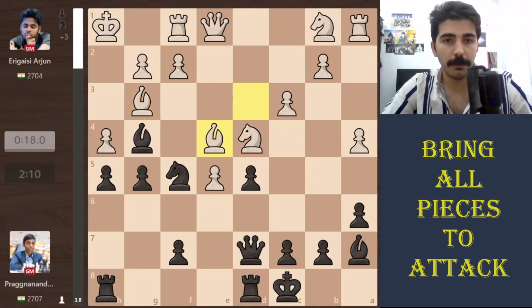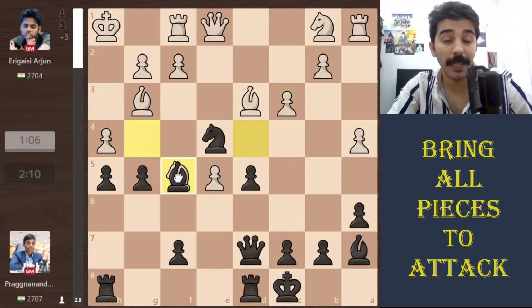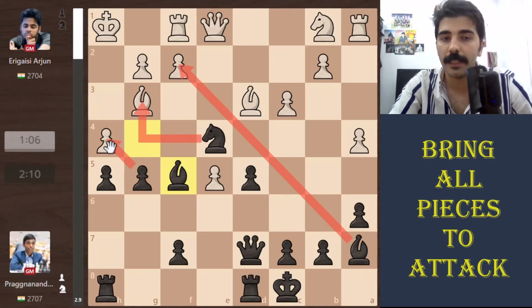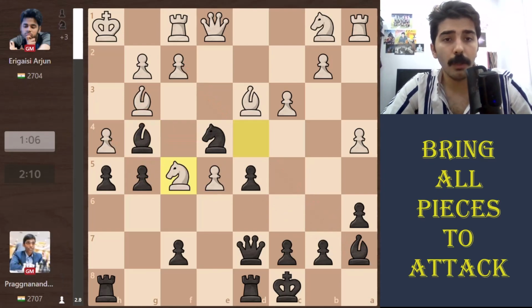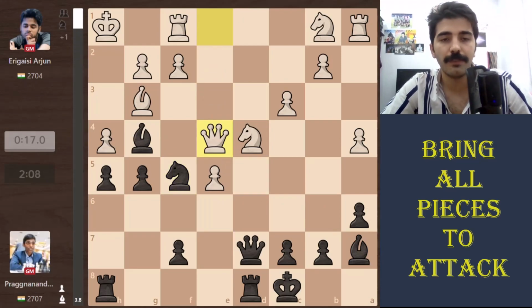White in the game plays bishop takes e4. If he plays knight takes f5, black will simply recapture, and after that just look at these pieces and look at this bishop on a7, a monster. Black wants to play knight takes g3, he wants to take on h4, and he wants to crash the white king. This position is hopeless, so white plays bishop takes e4, d takes e4, queen takes e4, hoping to hold on,